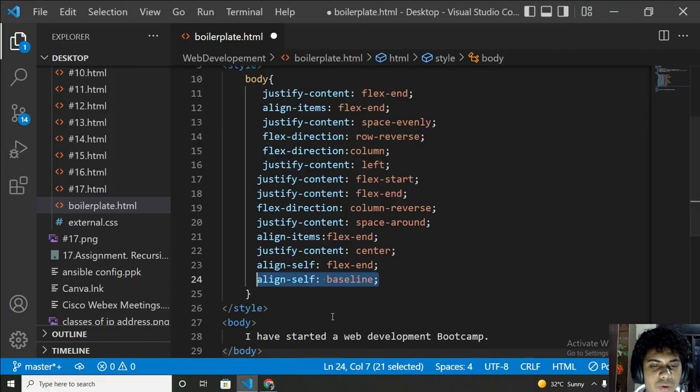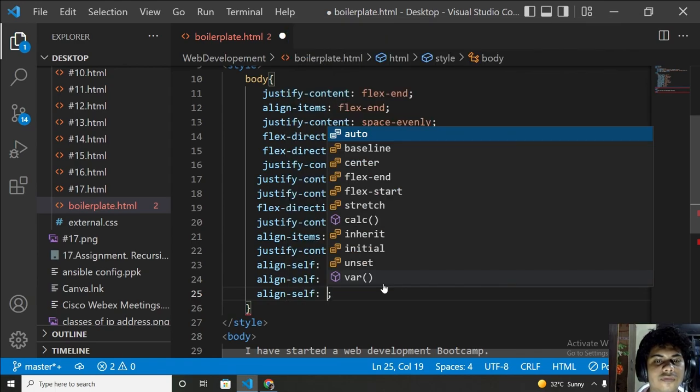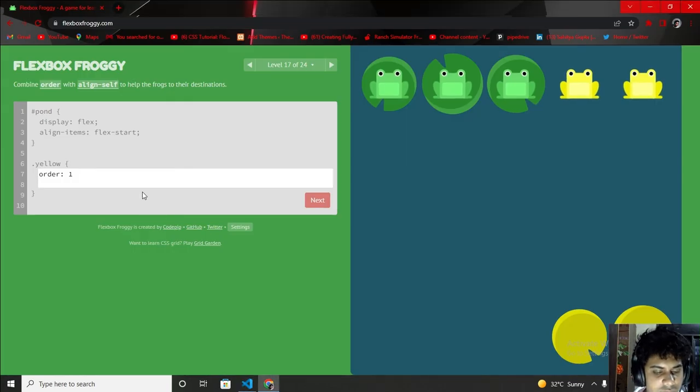What can I also use after this? Align-self. I think flex-start. Let me try flex-start. Okay, it is also not working.